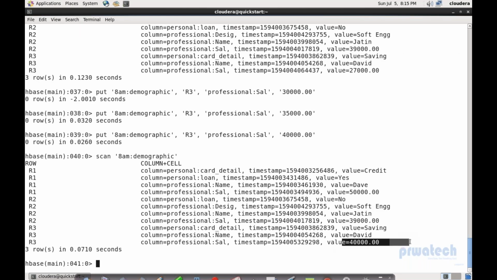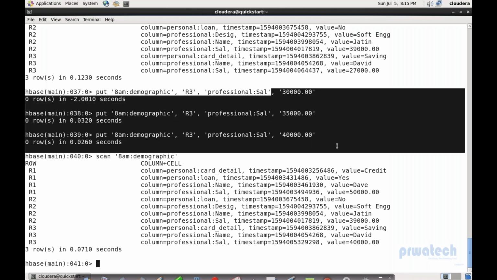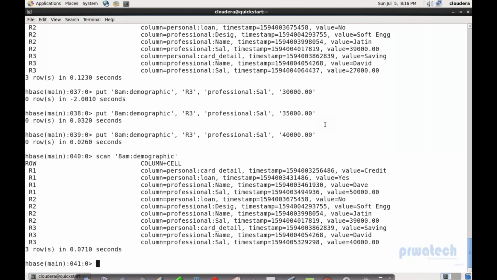But you said you are maintaining the version also. So is there any provision that I can check this version and this version also? Because the last 3 latest entries will be there. And these 3 are the last, latest entries: 30,000, 35,000, and 40,000. So check here using this query, get, table name, which is 8M colon demographic. Then for which row you want to check? You want to check for row number 3, type that row number 3 here, R3,